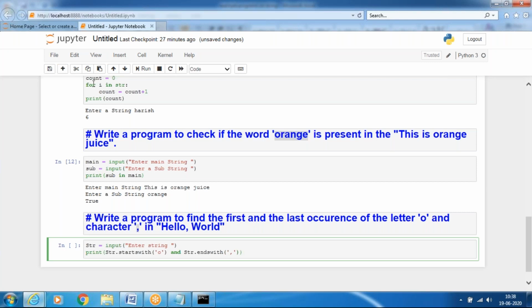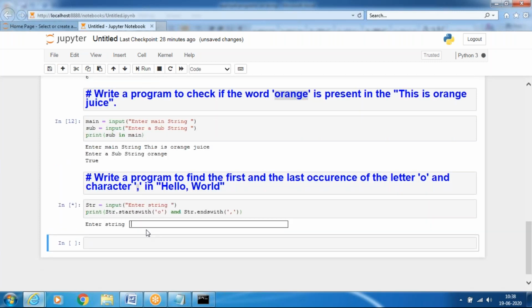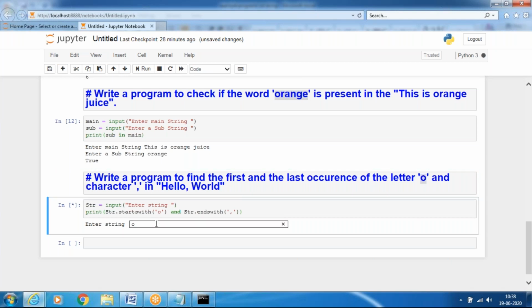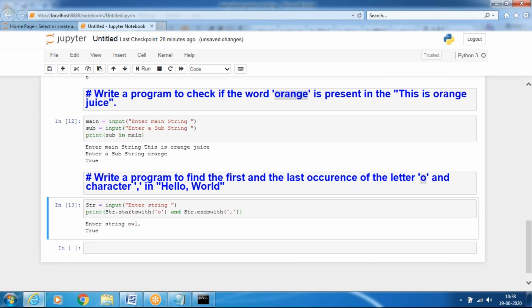Enter the string. It starts with O and ends with comma, so it is true. But both are not possible here, so it is not true.